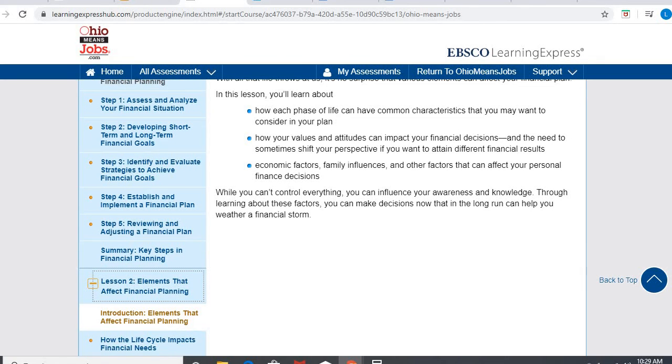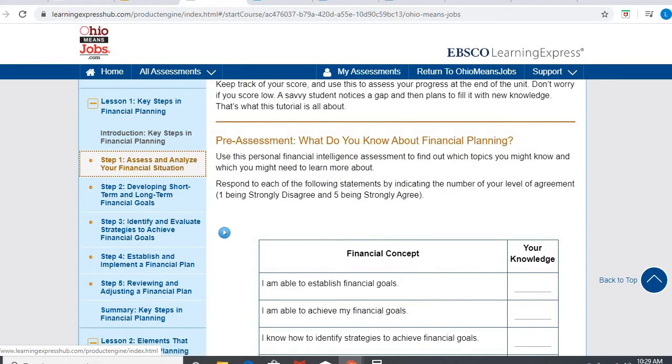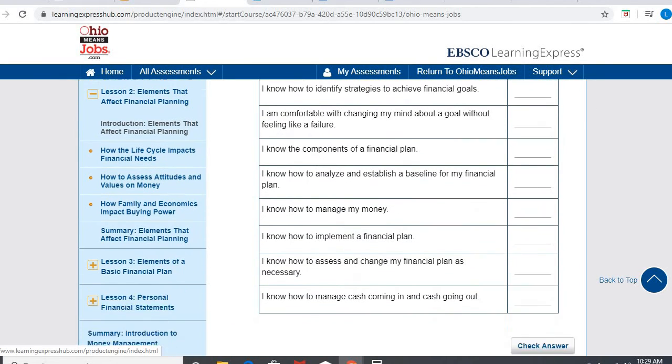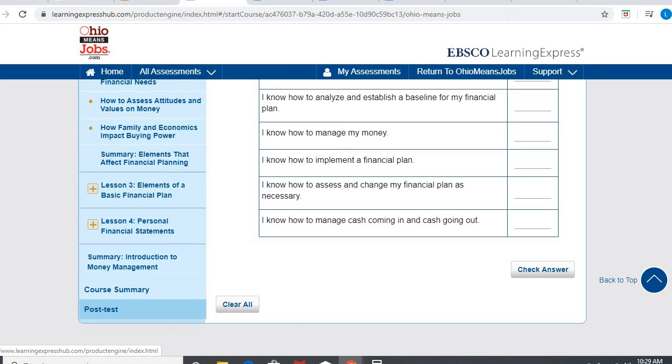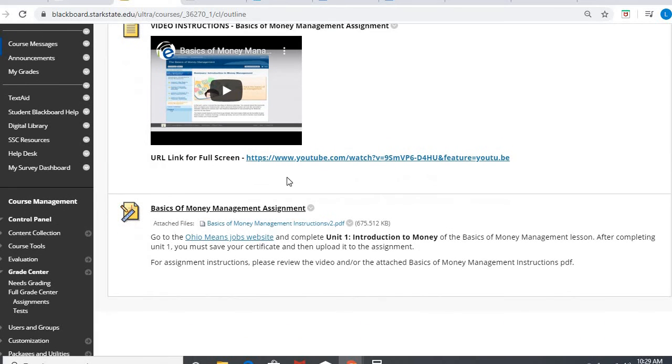You can click in and spend as much time as you need, play around, especially if you struggle with money management. Eventually you will get to the post test, which is a little quiz. When you're done, there are 10 questions. You'll hit score my test, and it'll bring up a little form. You plug your name in, and it'll give you a certificate. Again, that is what you are uploading into this assignment area.